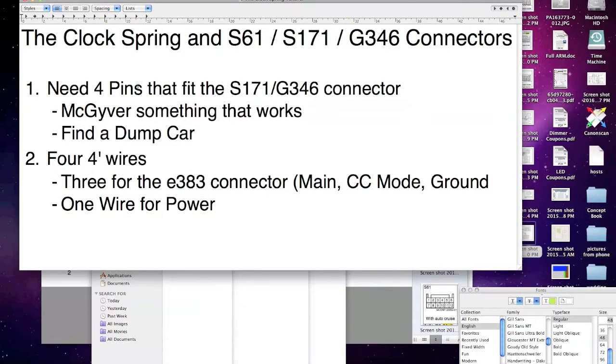Okay, so we have removed the airbag and we have removed the steering wheel. Now you're basically looking at what most people call your clock spring. Suzuki calls it contact coil, and that's what you're looking at. You see your airbag connectors coming out, and then it's a round circle, and then along the bottom underneath